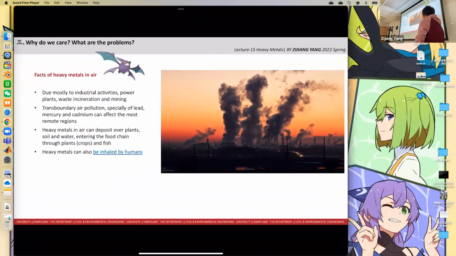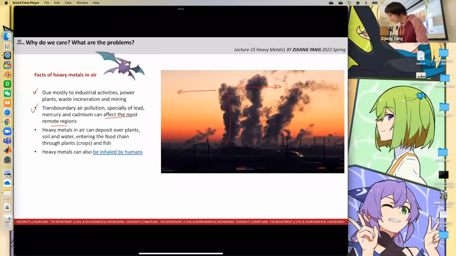And the next one is heavy metals in the air. Due to most industrial activities, like power plants, waste installations, and mining, there can be transboundary air pollution, especially of lead, mercury, and cadmium, which can affect most of the remote regions. When we are burning stuff, these heavy metals will be released into the atmosphere at a very high distance, and then they will be transported by the winds